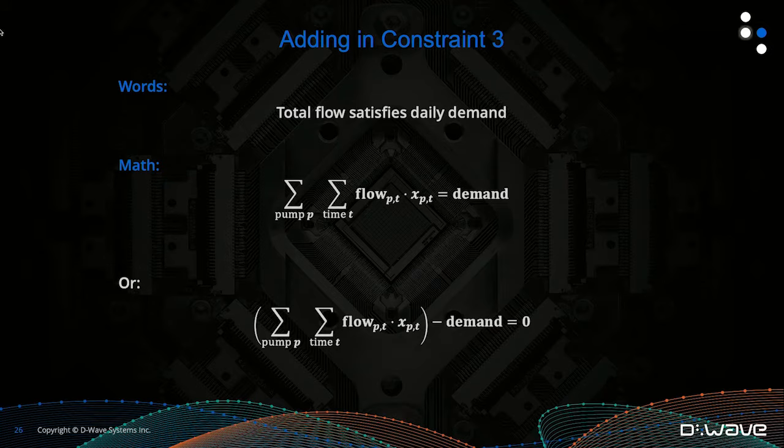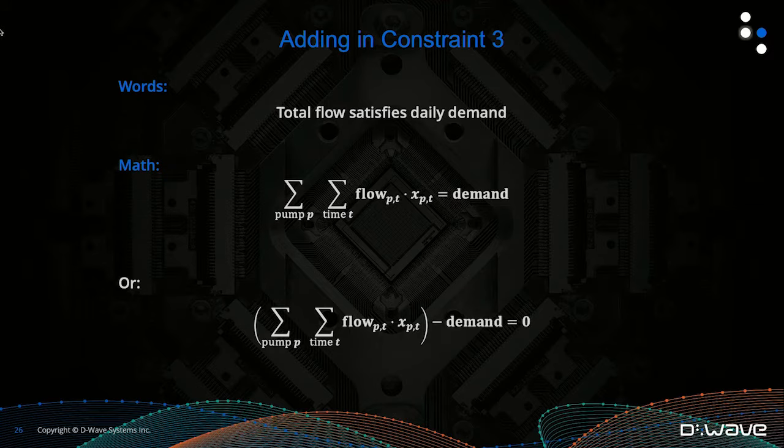And then the last constraint, this was our equality constraint, where the total daily flow needs to satisfy that daily consumer demand. This was where we were summing up over everything in our table. And so again, what I'm going to do is move that constant over to the left-hand side. Demand was a constant. That was an input to the problem. We knew the consumer demand was 20. So if we move that over so that we have a 0 on the right-hand side, it's going to take a really similar form to what we just saw with that linear inequality constraint function.